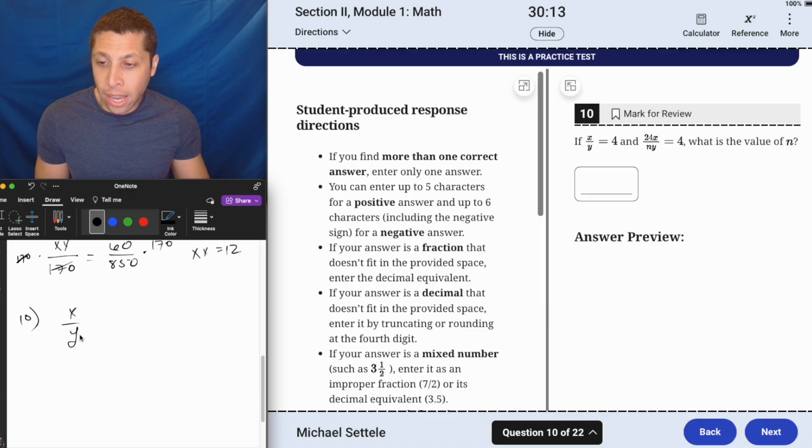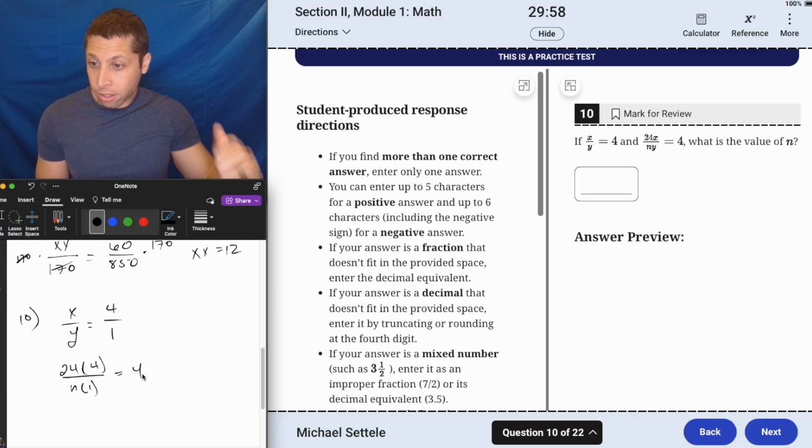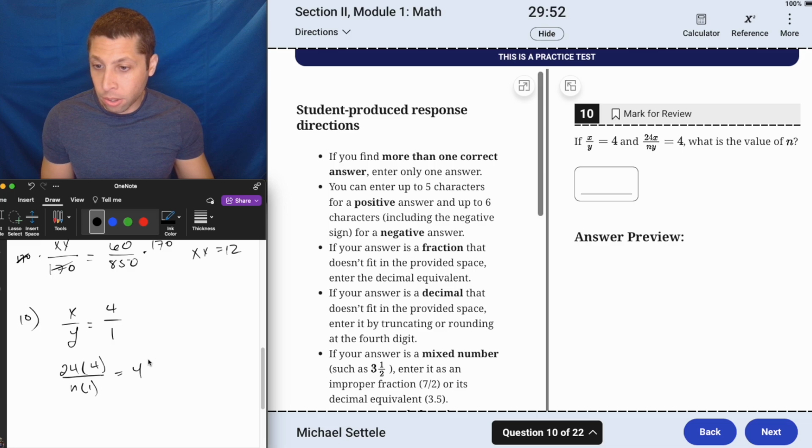So that means x and y don't matter. So let's make x 4 and y 1. So that holds true. And then they want 24, like that is 4. Right? X, y. So x is 4, y is 1. Yep. And so we have 4n. So up here, 4n is equal to